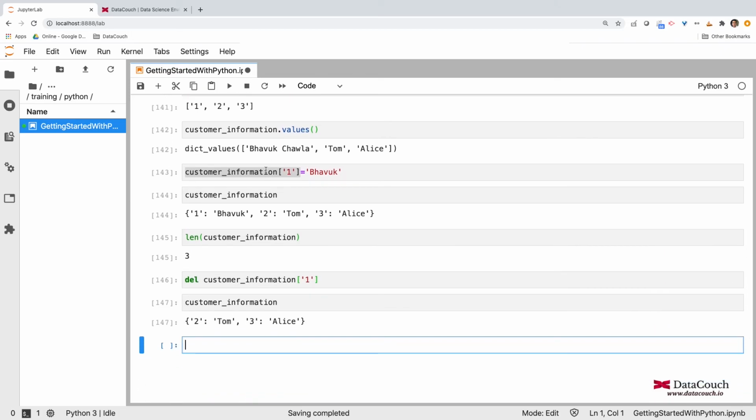We'll see these things more when we are doing some user defined functions. There also I will define some dictionary, but I think for the time being it is fine. You got the idea how the dictionary works, and in the next lecture I will talk about the code blocks, how they are ordered and how they are structured. So let's see that part immediately after this.